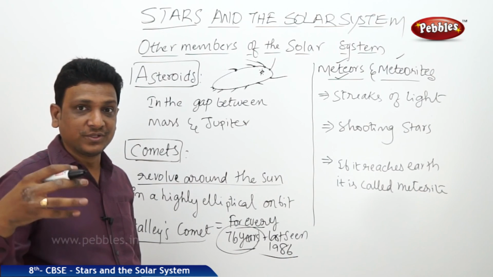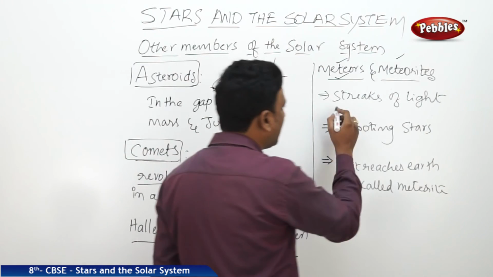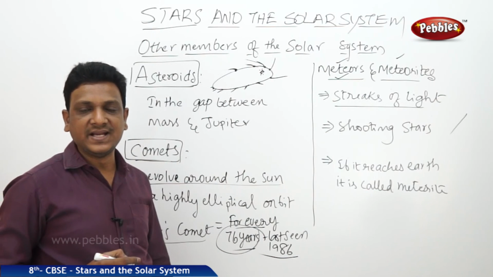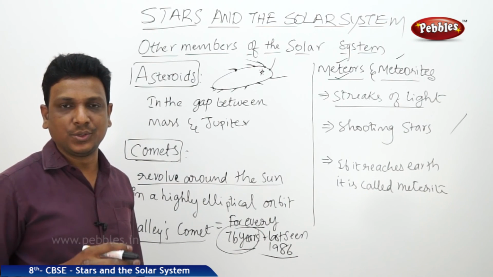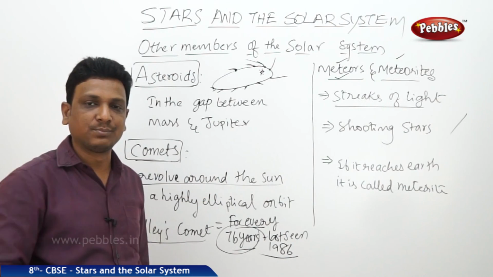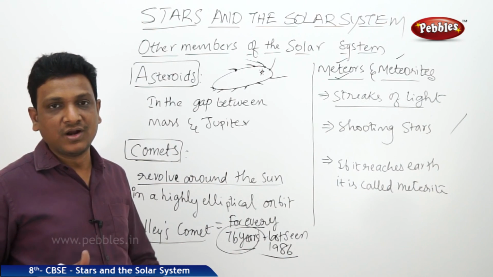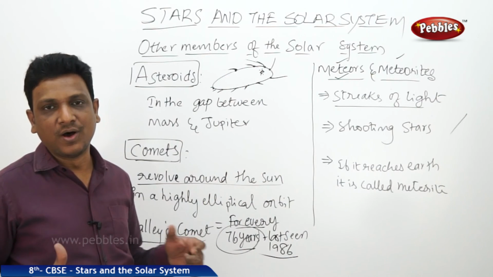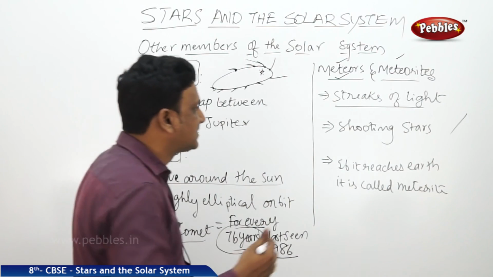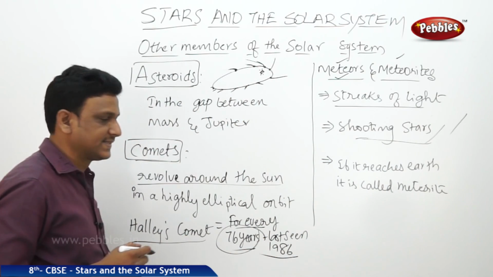atmosphere, due to the friction of the air, they start burning. As they are burning, they appear as a streak of light like this. A streak of light going in the night sky when there is no moon, only stars are there, you can observe it. Some streaks going on. Those are nothing but the meteors, whichever enter the atmosphere, due to the friction they will burn and evaporate in very less time. So they are not big enough to hit the earth, they are small. So they are burnt by the friction of the atmosphere. So they are called streaks of light or shooting stars.